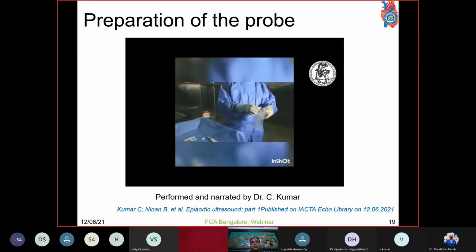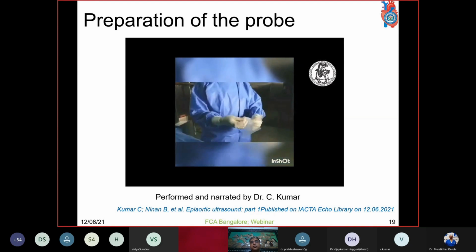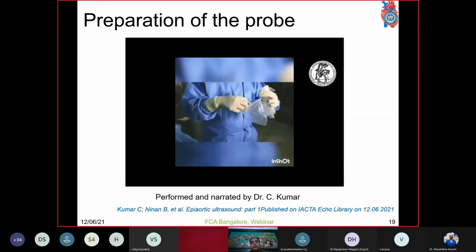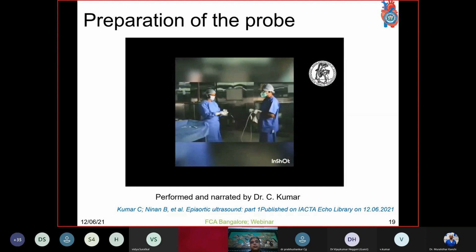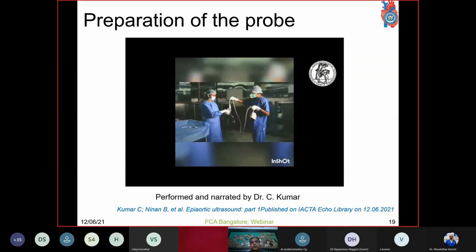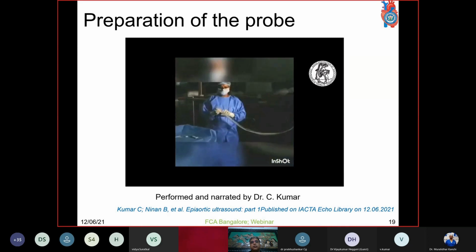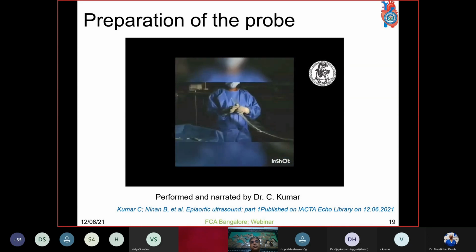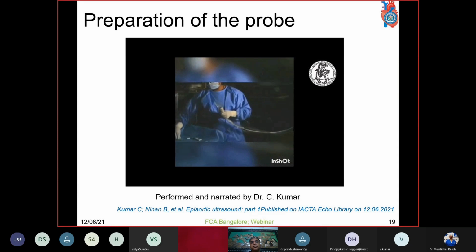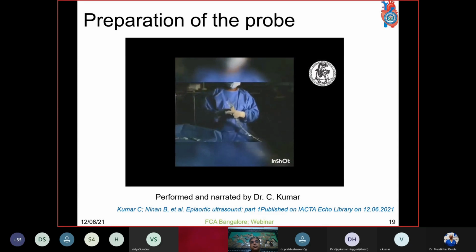The open end in the sleeve is rolled over to facilitate the passage of the transthoracic probe. The transthoracic probe is then fed into the epicardial sleeve. The sleeve is then firmly wrapped around the probe and a rubber band is applied. Now this rubber band will prevent seepage of the jelly beyond a particular point.